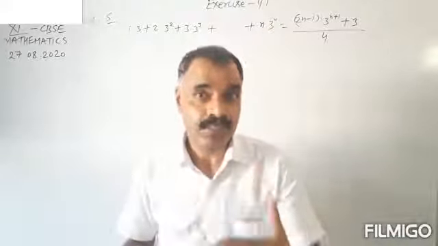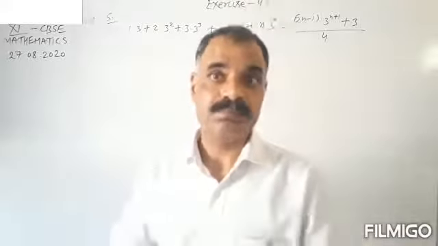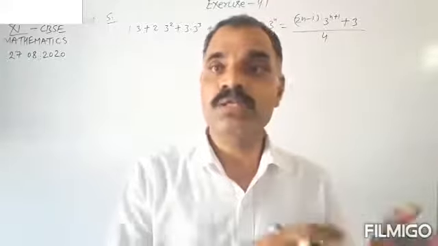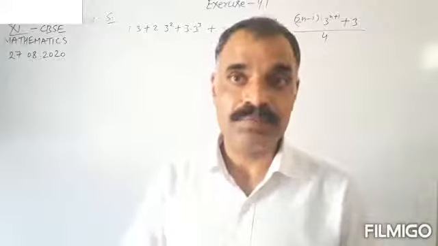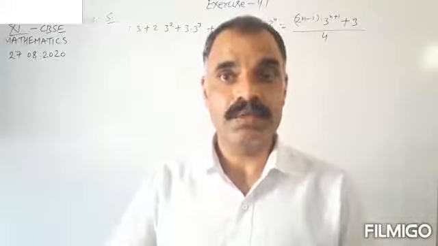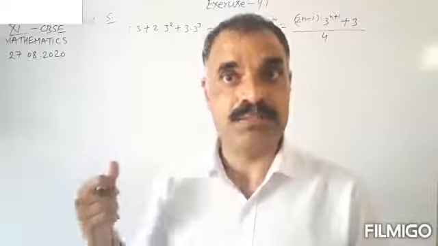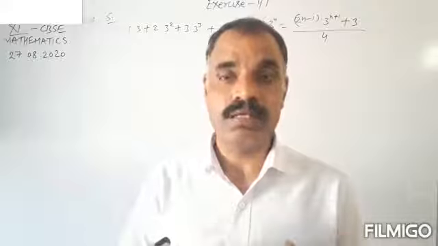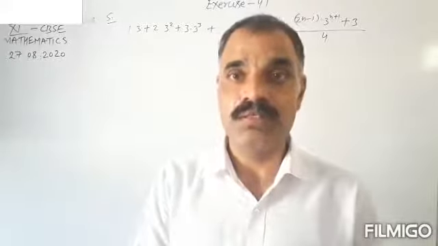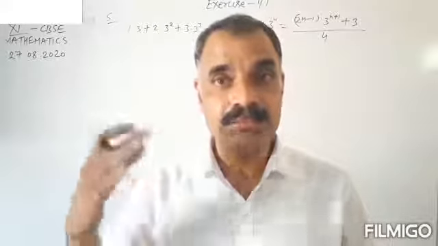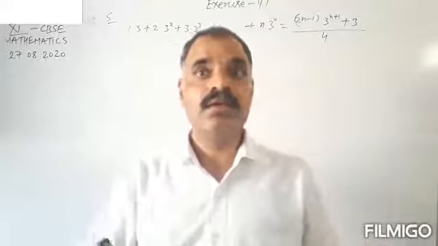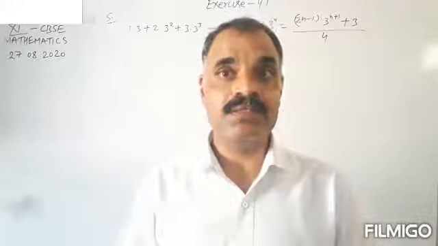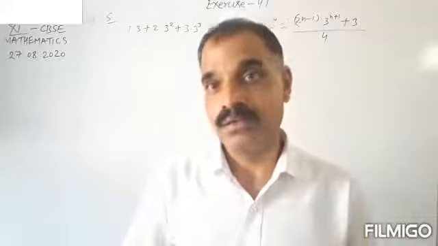Next step is induction step, and in induction step we will prove the given statement is true for n equals to k plus 1. N equals to k plus 1 means one step ahead of the step in the assumption step. So finally when we prove that the given statement is true for n equals to k plus 1, that is induction step is true, then we will generalize the result that the given mathematical statement is also true for all natural numbers.